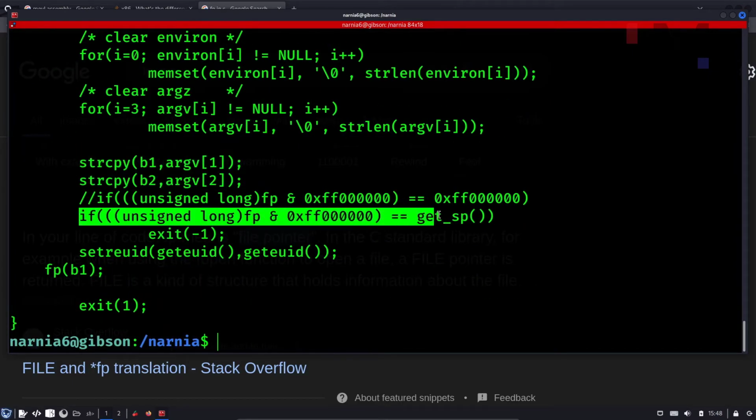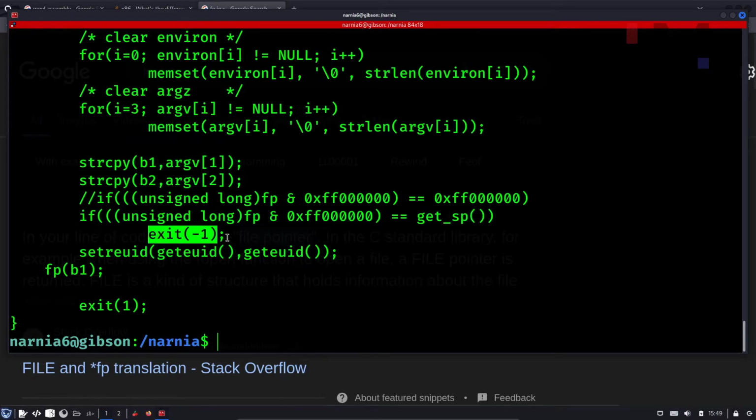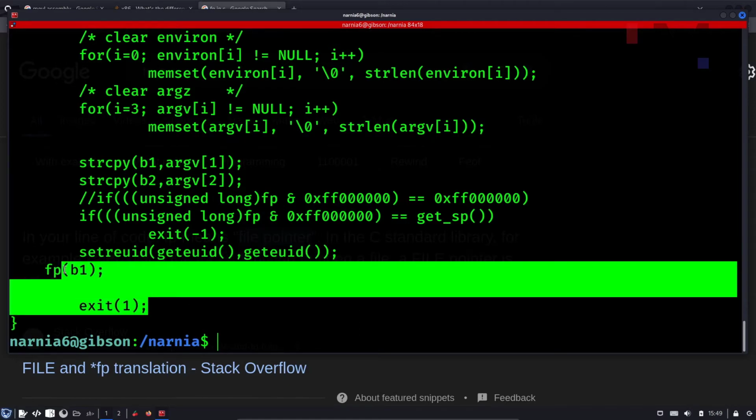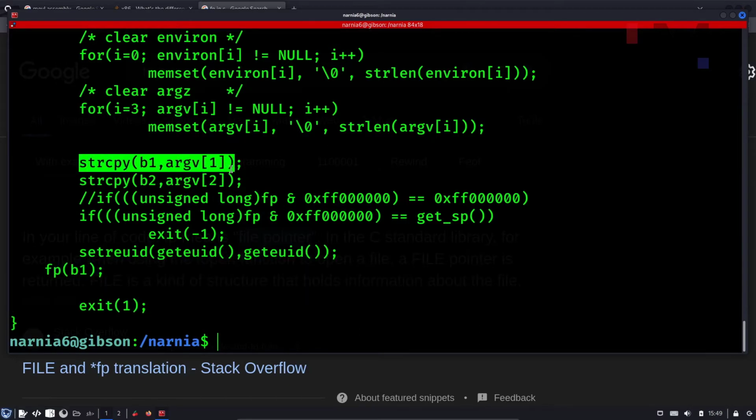And then it's checking if it is going to get any stack pointer or not. And then it's going to exit right here. If it doesn't, then it's going to set the effective user ID of the program and it's going to set the user ID. And once it is done, it's going to exit out here. Okay, so this is the main thing. This is where the vulnerability is. So let's see what we can do